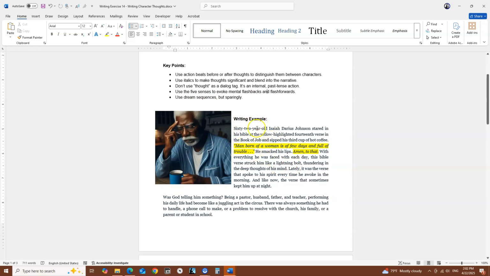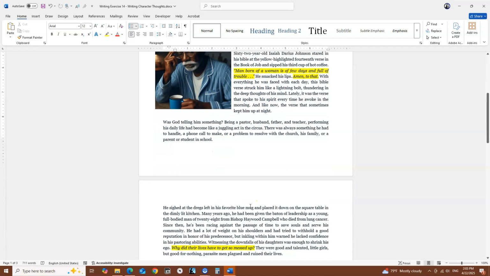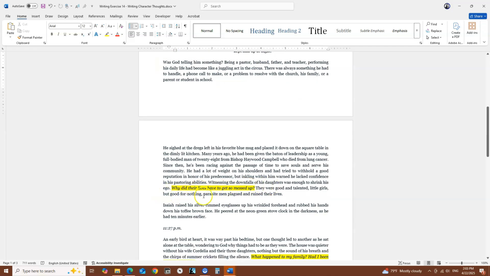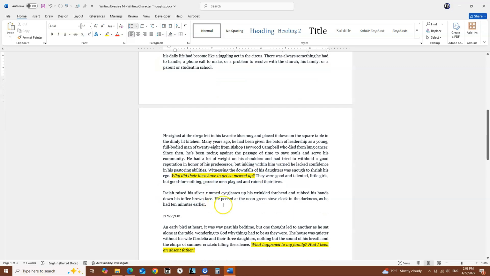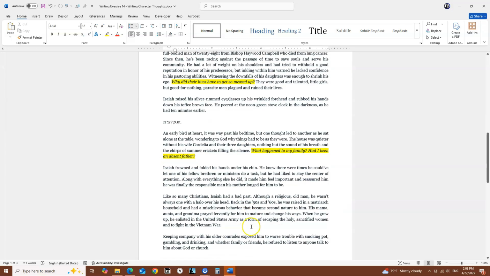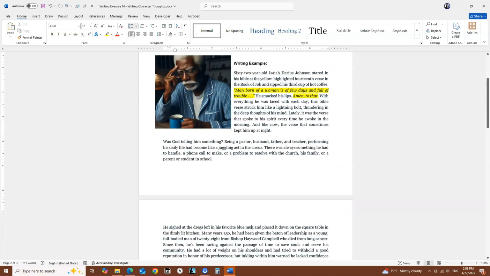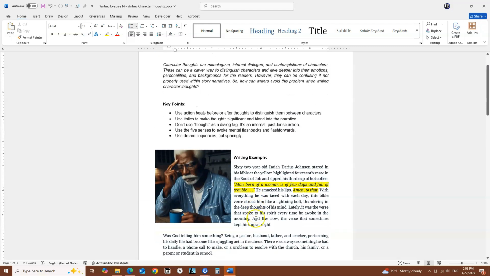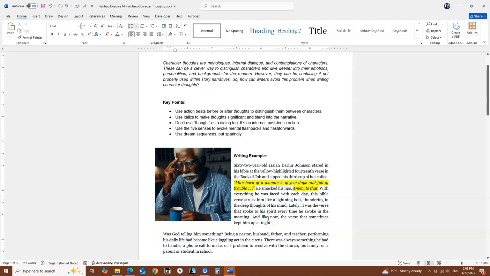Here I just have a writing example that I pulled in from book 1 of my highly appraised series, Precious Lord Take My Hand, about my character Isaiah Johnson. And as you can see, I have some lines in highlighter here, which are actual thoughts that he has within the narrative. I'm just going to read through this passage just to show how thoughts can just blend into the narrative rather than having them stick out with